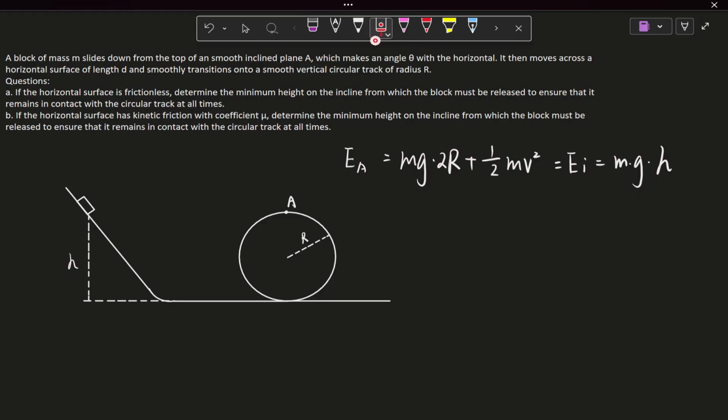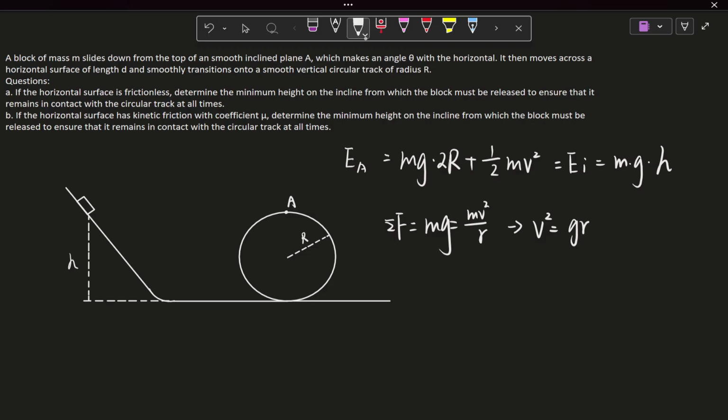How do we find v? The situation that it remains in contact with the top of the circle is that when the normal force at the top is very, very close to zero, right? We already talked about that in a previous video. And so we can just write the net force equation at the top: it's just equal to mg, and it's equal to mv squared over r, right? Because there's only one gravitational force pointing towards the circle. And we can get v squared is equal to